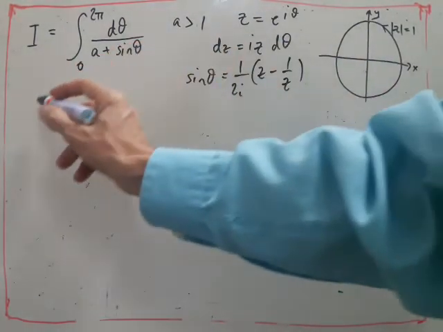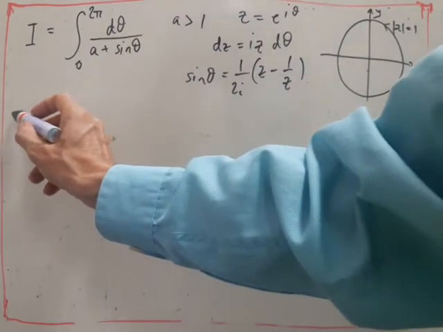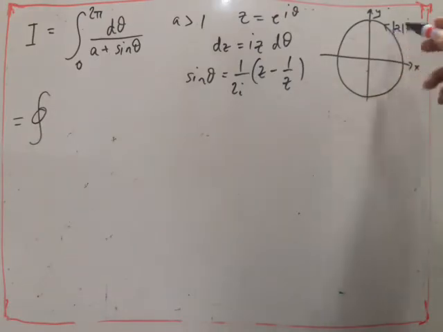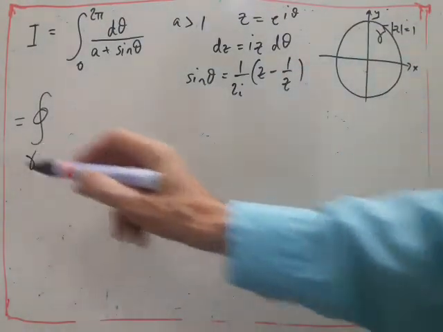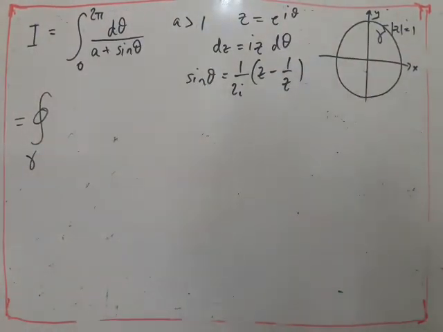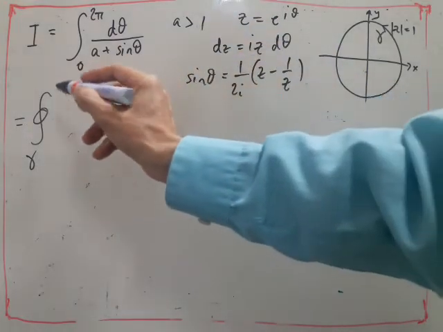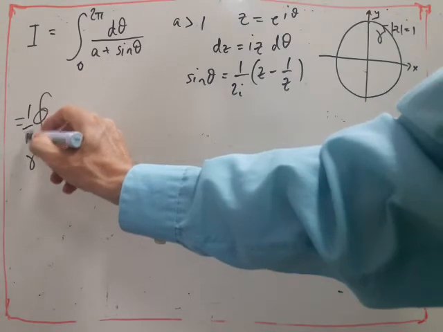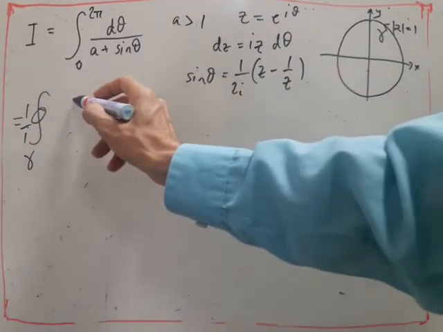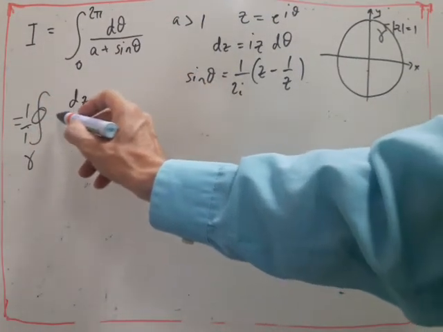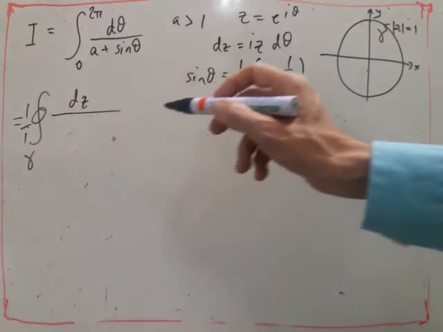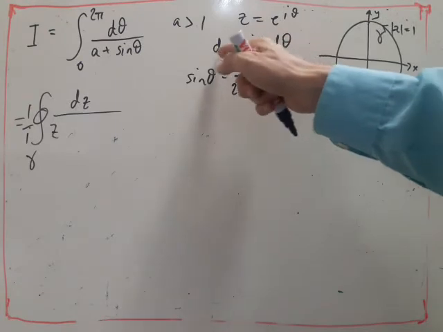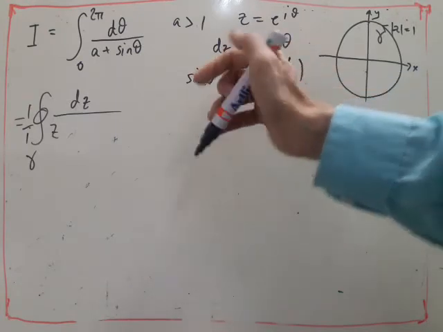So if we substitute those results in, we can just write straight away that this is equal to the integral around the unit circle of, d theta is dz over iz, so we can take out a 1 over i, and dz, and we've got z from d theta equals dz over iz, and